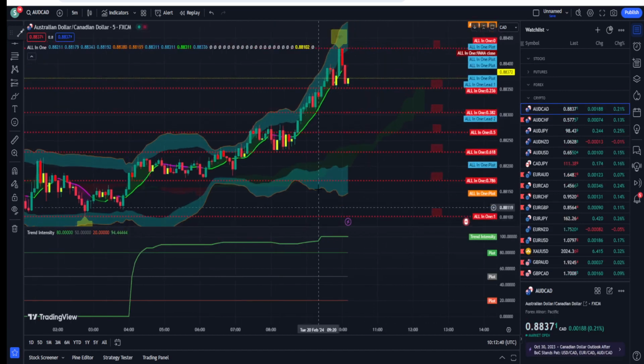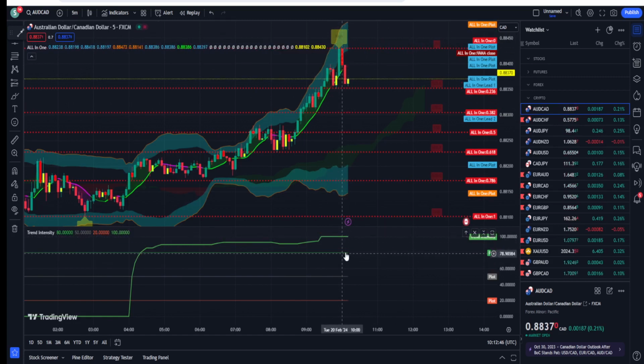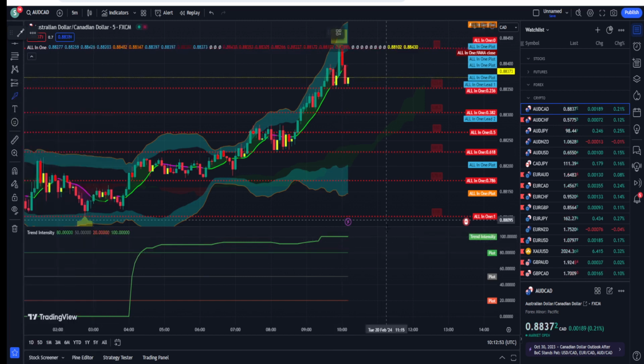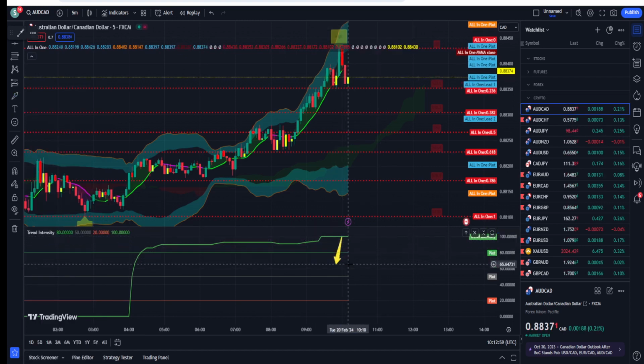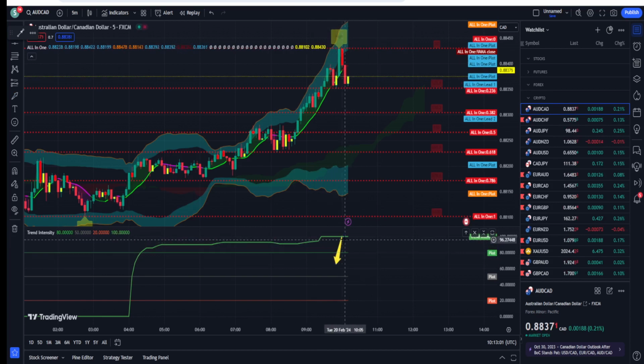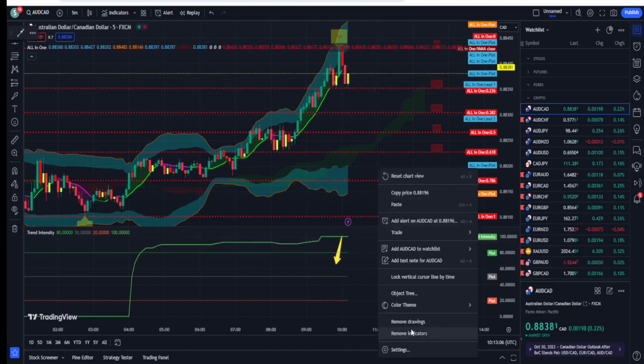For example, you must be looking for a sell because it has already plotted a high, but you need to check this green line. It does not cross the green level below. It should cross the green level below. Let me explain it through here. This green line should cross this green line below, and that should be directed downward. But right now you can see that it is straight at the moment, so it means that the price can again go back in the upward direction.